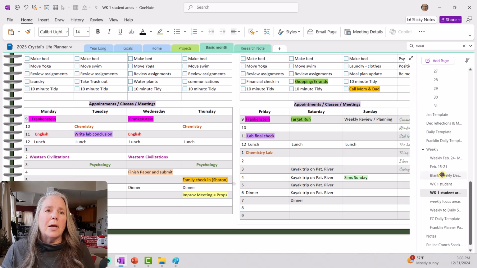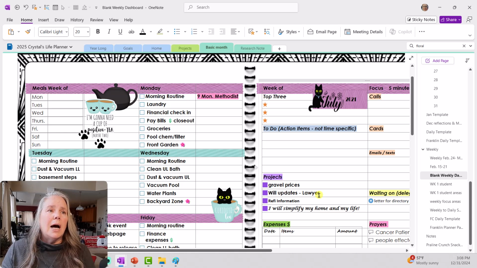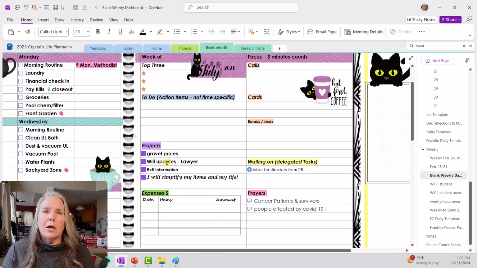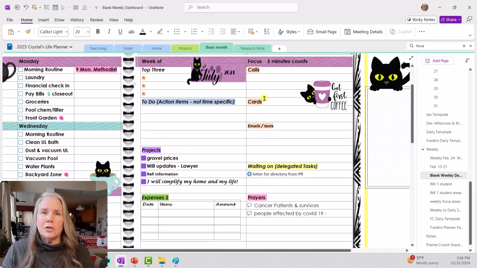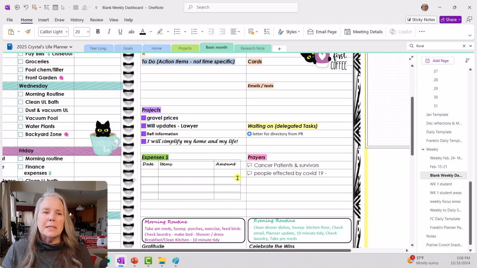I also have a blank weekly dashboard. I created this one years ago and I love it. It has days of the week over here for meal planning, and then tasks that I do every day, and then appointments that I do every day. And then again, some of my GTD stuff, my top 3 things to do, what projects I'm working on, what communication I need to do, calls, cards, text and emails, things I'm waiting on, prayers for people, expenses,